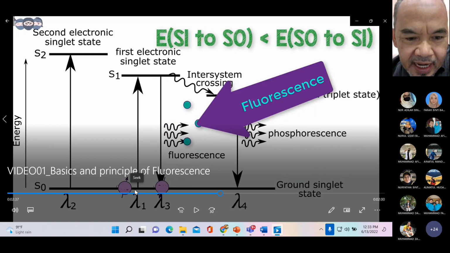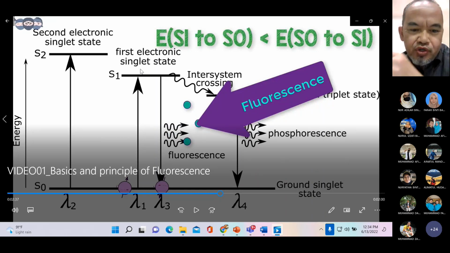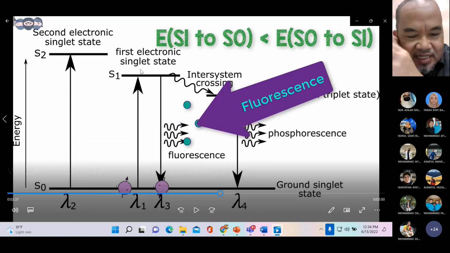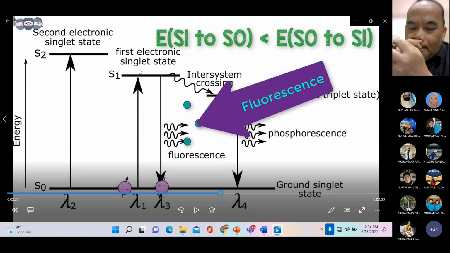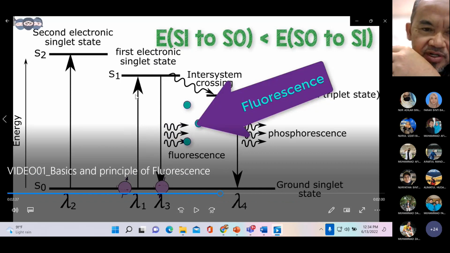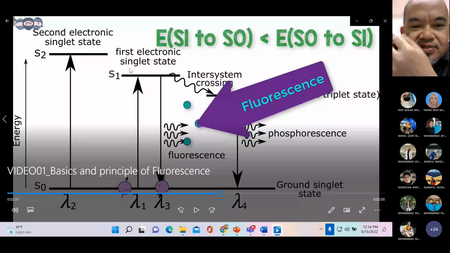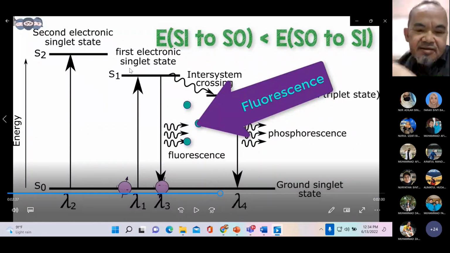elektron dia akan mengambil foton dan dia akan excited. Okey, dia akan naik atas. Dekat atas ni, masa dia naik atas ni, ada sebahagian molekul ni dia bergetar tau. Dia bukannya senyap-senyap macam tu. Dekat bawah ni pun dia bergetar, dekat atas ni pun dia bergetar juga. Dan getaran tu dia akan menyebabkan energi tu dibuang ke kawasan sekitar.